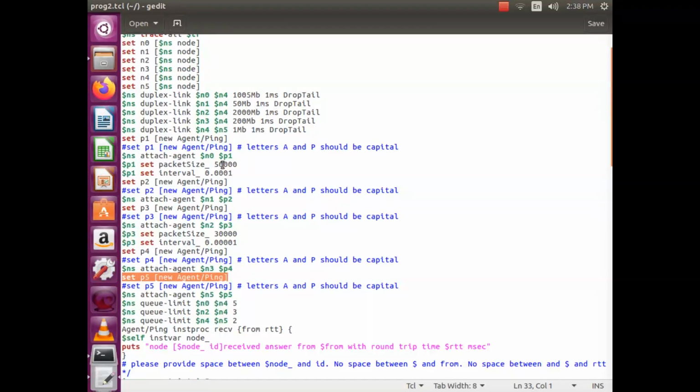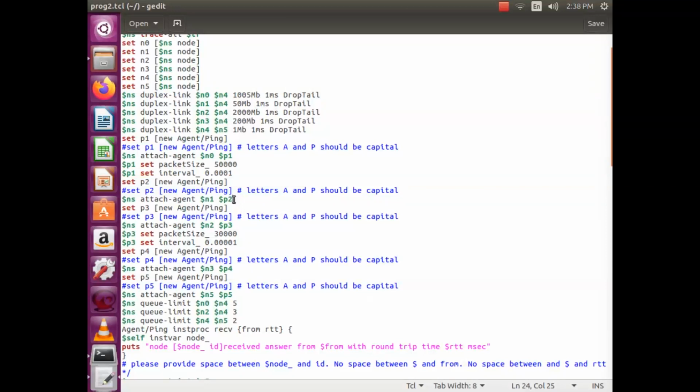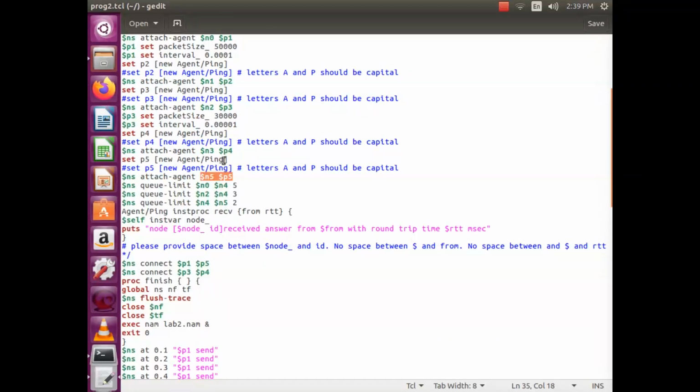Attach the agent p1 to n0 and mention the packet size and time interval for that n0 node. Similarly, attach p2 to n1, p3 to n2, p4 to n3, p5 to n5. So we have set the characteristics for each and every node.